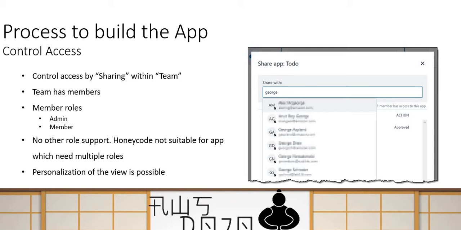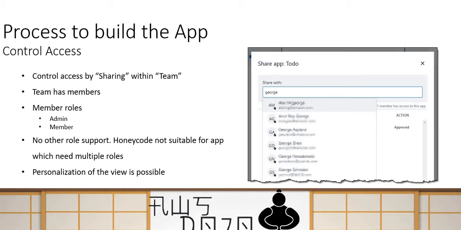That you can do. But you're creating altogether a different app. But if within the same app you want these 2 to have one kind of access rights, and this one to have a different type of access rights, that is not possible, because your roles are very simple. Either you can access the app as a member, or you can modify the app as an admin. Okay, so this is very important for you to understand when you're deciding when to use Honeycode as a platform